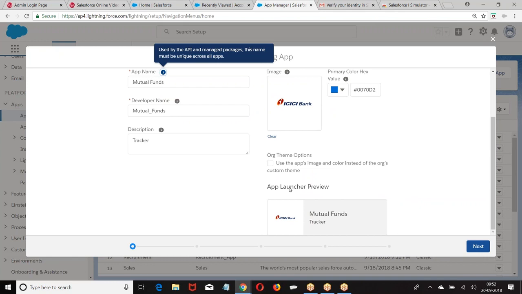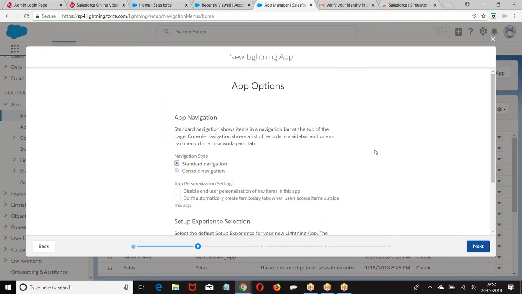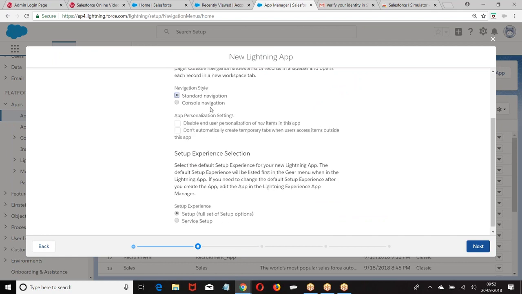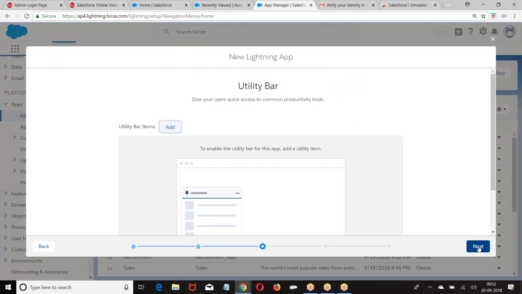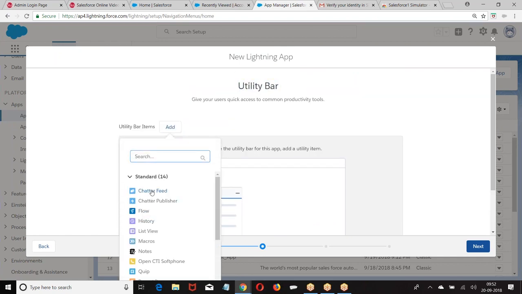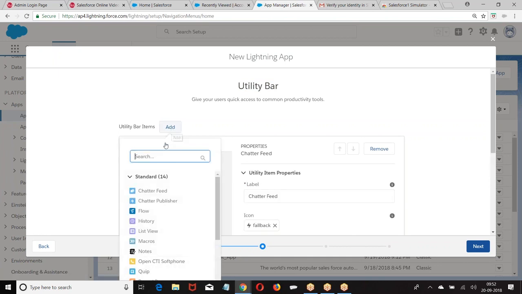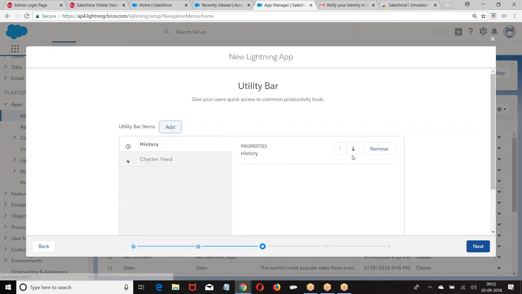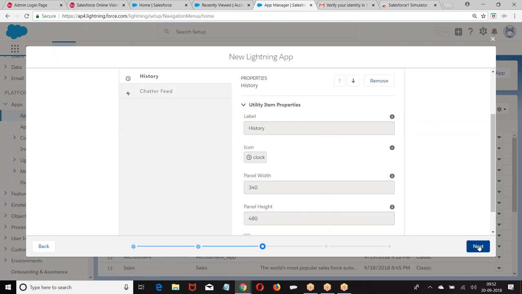Then you want the theme to be applied. As of now, we don't require all of this because we don't understand what it is. Navigation, standard navigation. Don't give anything. Next, what is the next one we had? Utility bar. Add the items. Then go to the next.